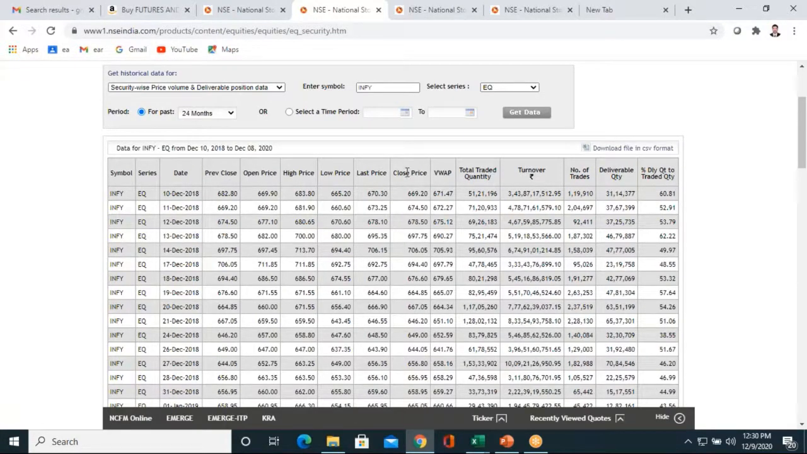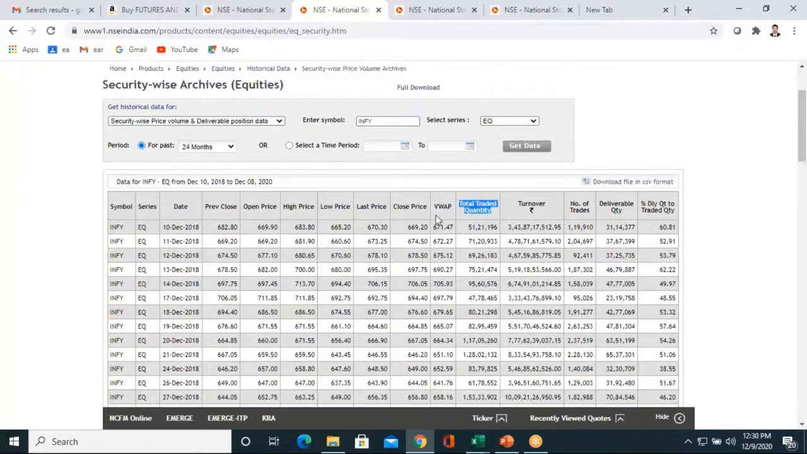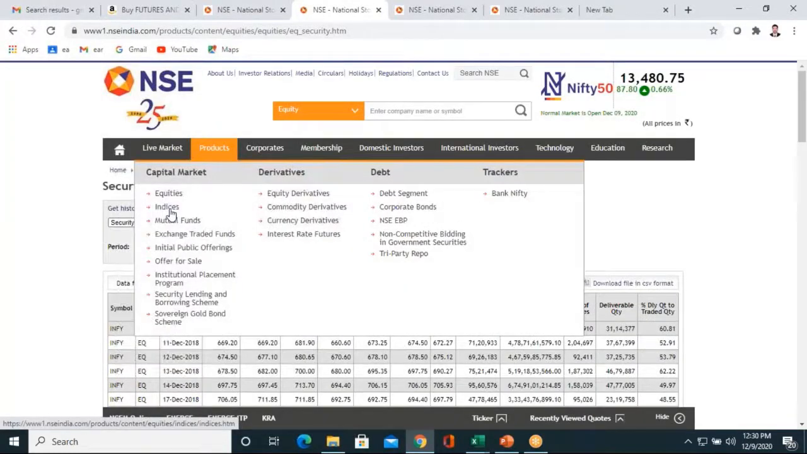Usually, the close price will be used. For some people whose objective is on the last 30 minutes of trading, you can go for the weighted average price. Or if your objective is on the total traded quantity, you can go ahead with traded turnover and number of trades. All these things can be taken depending upon your objective. This is one, and one more is indices. Indices also you can go here,